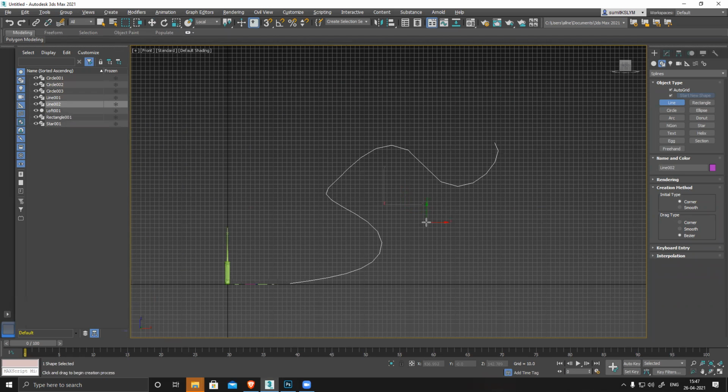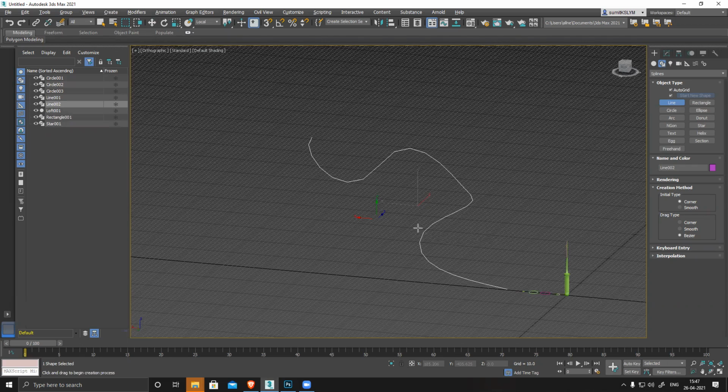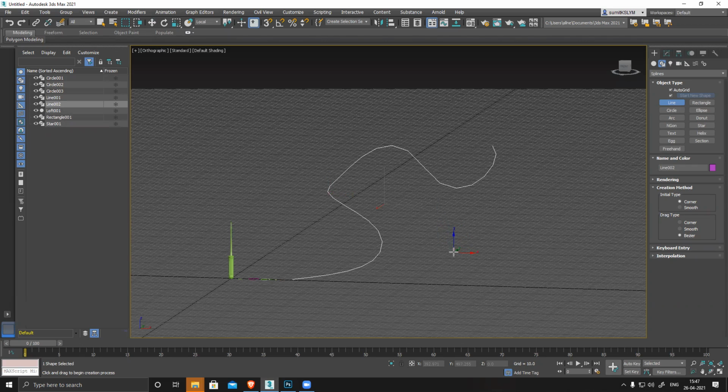Okay, and you can see this looks like a pretty complex shape. Now I want to create something, maybe a pipe, and then there is a connecting point, again a connecting point or something like that.